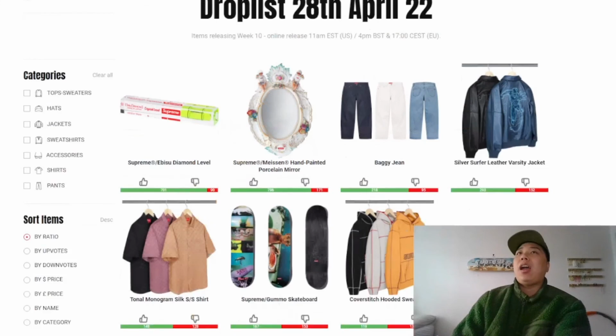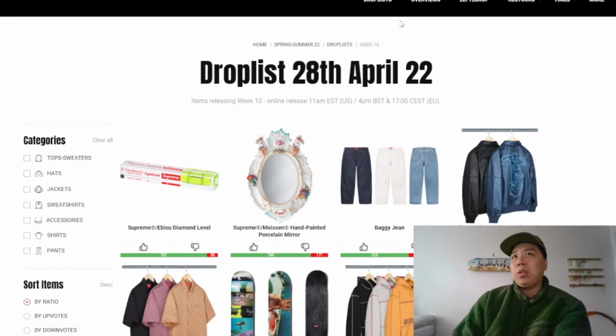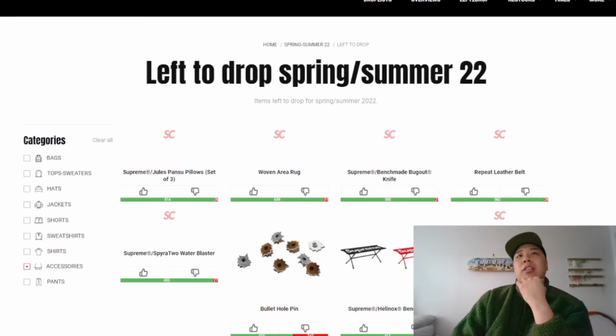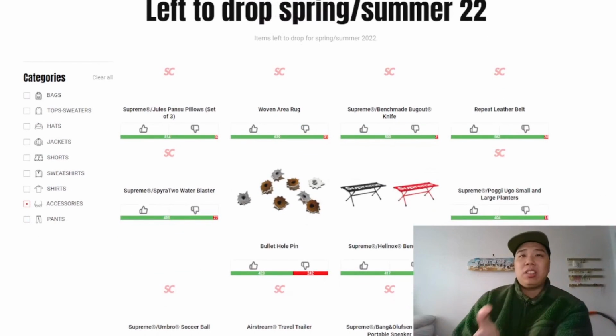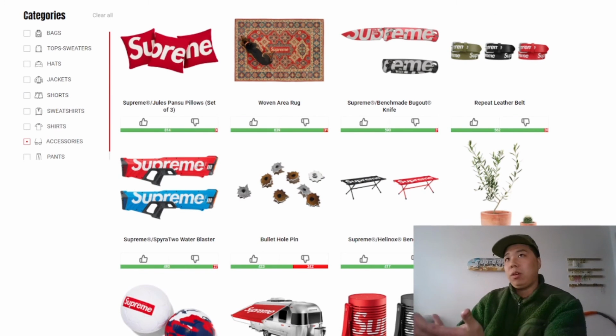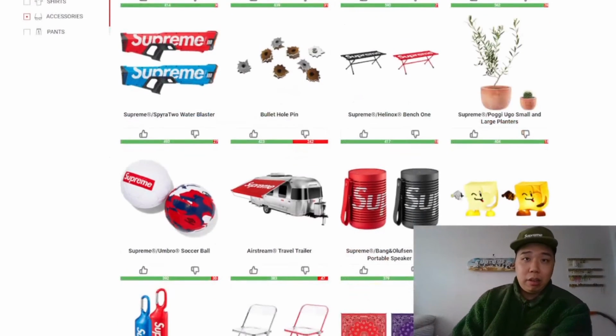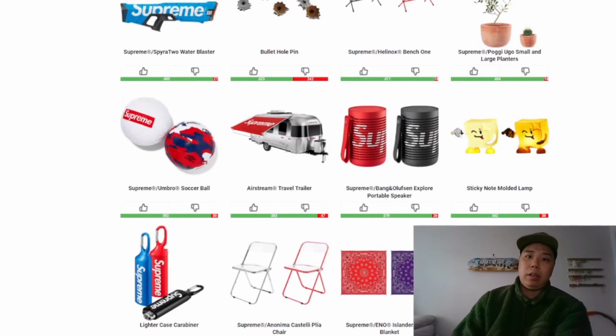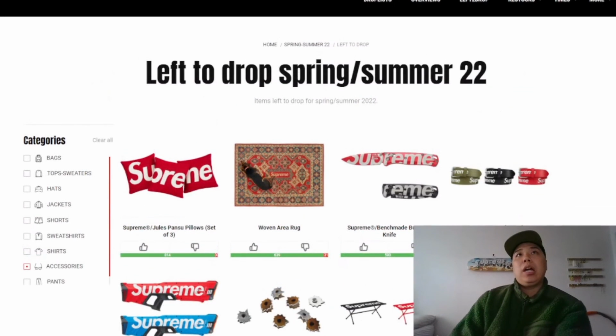If like me you're looking for the actual items, like the accessories, I think we are still intrigued to see a lot of these accessories on the lookbook that haven't been released. And yeah, I guess we're all saving the bullets for these items to come out. There isn't something that is much appealing to me, at least, or to us, to go for on week 10. But